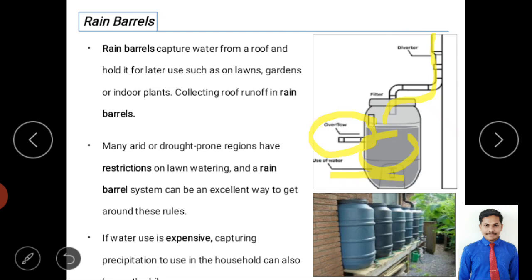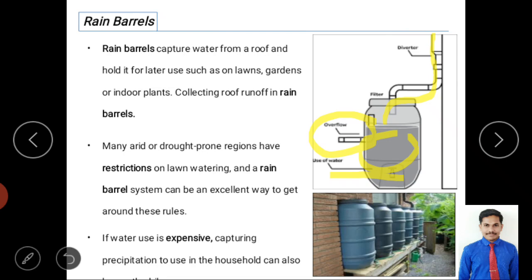With proper maintenance, right? So why are we adopting this method? Because in many arid countries, like some Arabic countries and desert countries, they have a restriction on using water for gardening. They provide water only for drinking, clothing and other main necessities, but they have a restriction on using water for the garden.